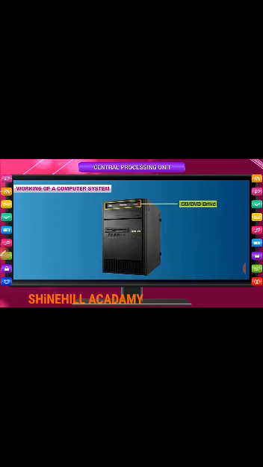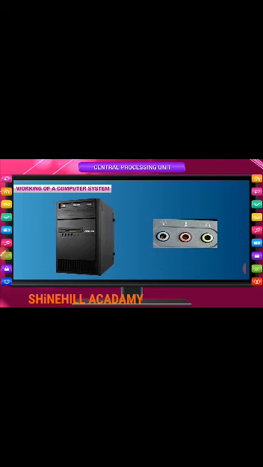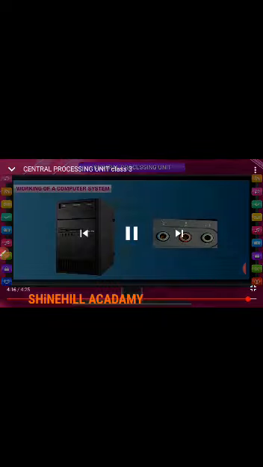CD or DVD drive. Normally, it is a combo drive which can be used to read or write information from and to a CD or DVD. USB port. There are usually two USB ports in front of the CPU cabinet and two at the back. Nowadays, most input or output devices are attached through USB ports. A pen drive is also attached with this port only. Speaker, headphone and microphone slots are given between the two USB ports.